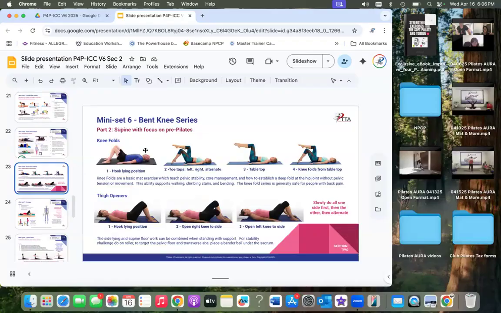And then here you can see the bent knee series, the second part, which is supine, and the focus is on pre-Pilates. So this is all pre-Pilates stuff. And then here's that thigh opener thing I was talking about. I use this a lot because when you start to see that the gait becomes tight and they start to shuffle a little, or their walking's a little slower, or you see any kind of discrepancies from a regular gait,